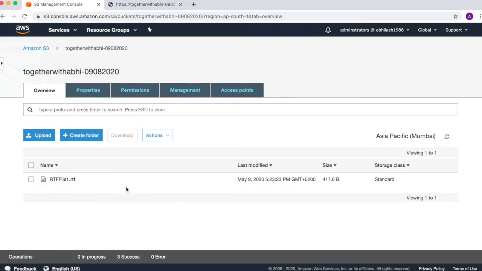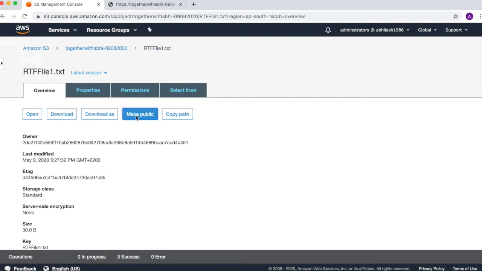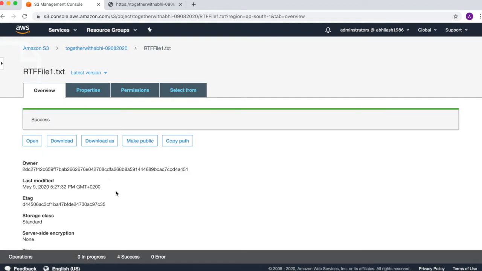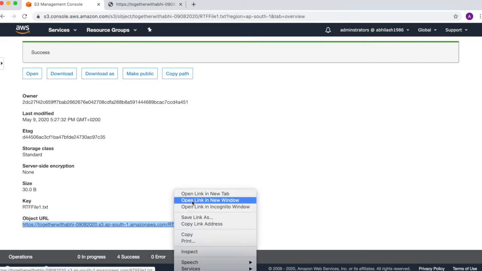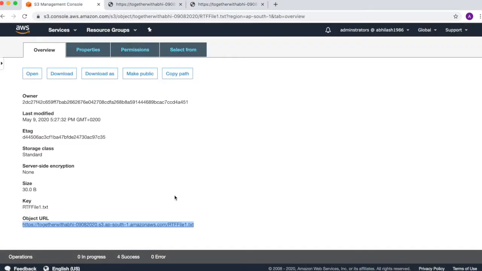The permissions at the bucket level are already set for all the objects. Let's make it public at the object level, and then we go back to the URL and we can see that we can easily read it within the browser. So depending on the content type, your file either gets downloaded or is shown directly in the browser.